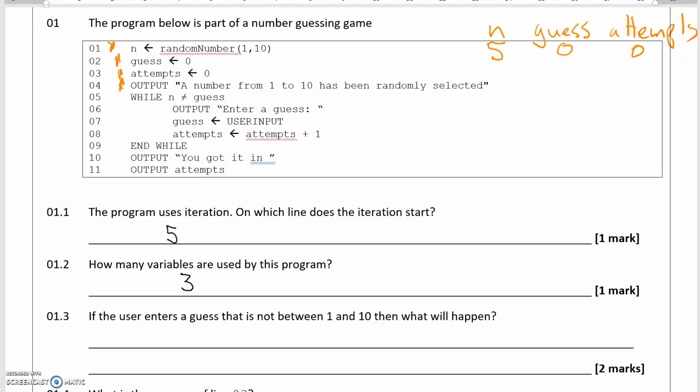That doesn't affect our program. Then it says while n is not equal to guess. So n is currently 5 and guess is currently 0. So it will ask us to enter a guess, and then on this line it will actually get the user input. So if we try getting a number that is not between 1 and 10, let's enter the guess as 12,